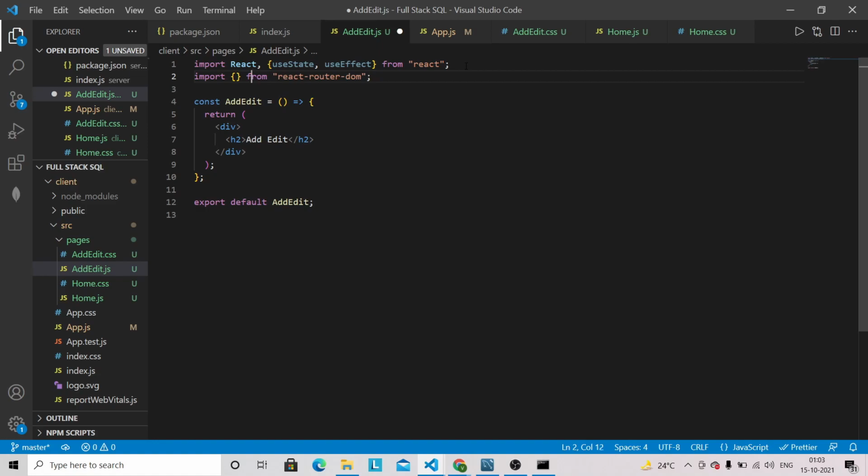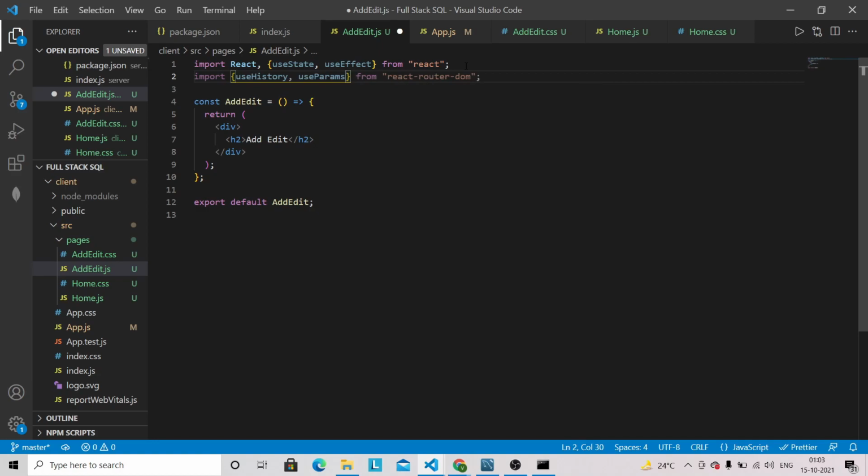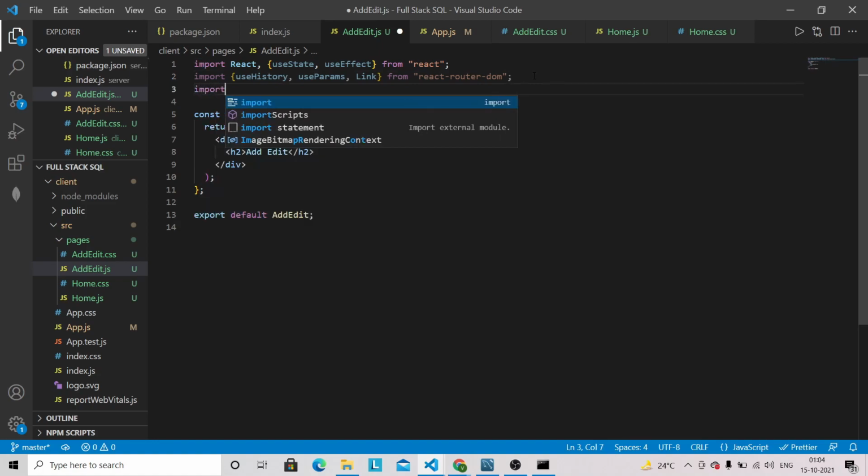So that is required later when we are performing the updating of an existing contact. So for now, let's bring this one, useParams and the Link, and let's import that CSS file as well. So add edit.css.